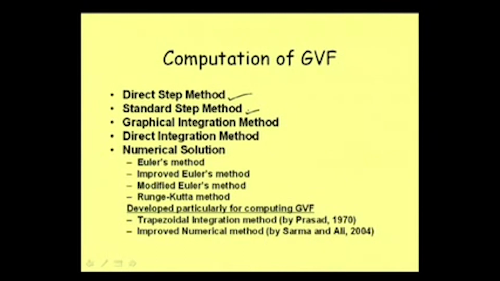But in standard step method, here also we divide the entire flow profile into small segments and then we solve. But here we first divide the channel into our required small sections. If we want to make it very small, we will make it very small. If we want to make it a little bigger, we will make it bigger. Now why will we make the sections smaller or bigger? This definitely has something to do with the assumptions that we make in deriving and solving the equation. So, that will come later.